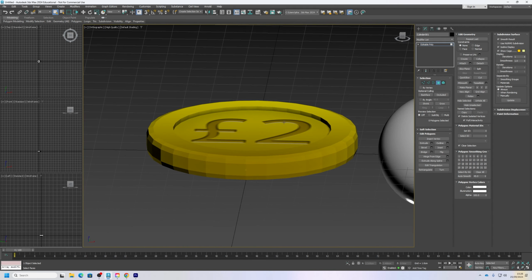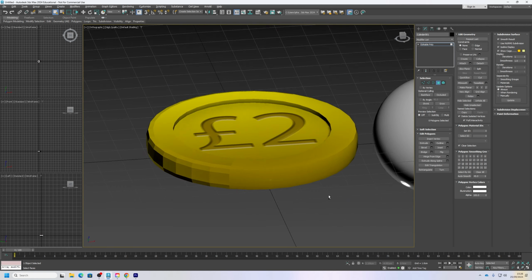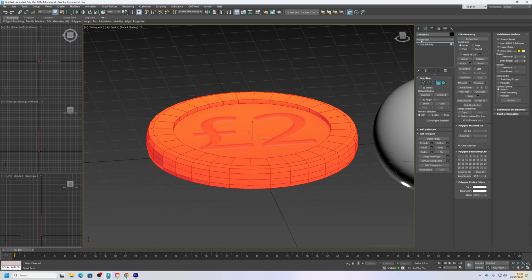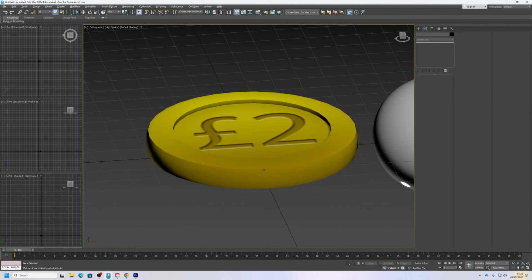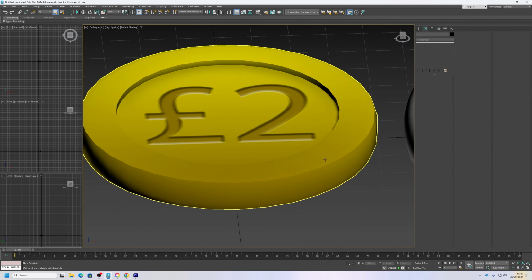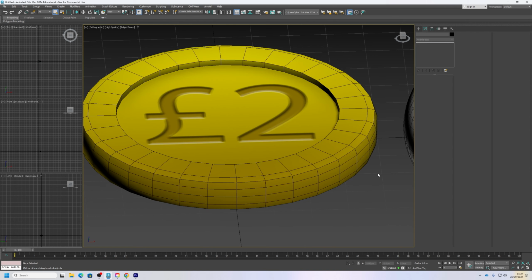One of the quickest ways to apply smoothing, if we start to see weird things like this, sometimes you might even see weird errors like that, is to just select your whole model and put on a smooth modifier and click auto smooth, and a lot of the time that will help. But it still looks like this bit, I want this to round off into here. But if I change this threshold, and then if we turn off that,